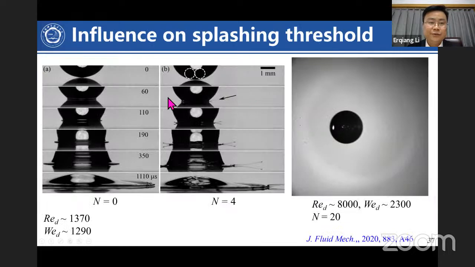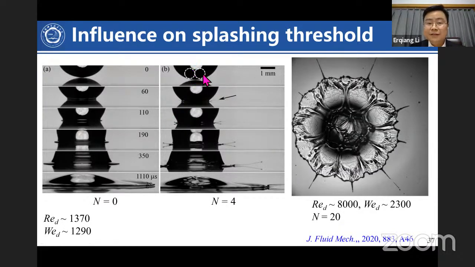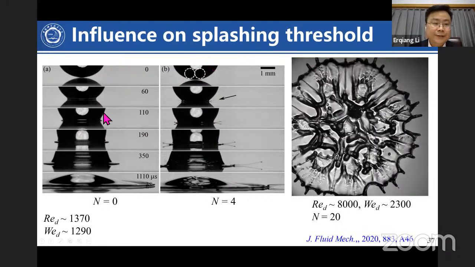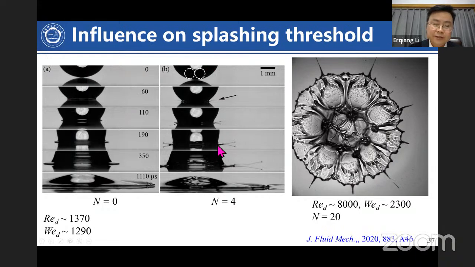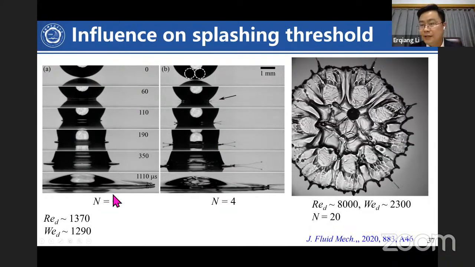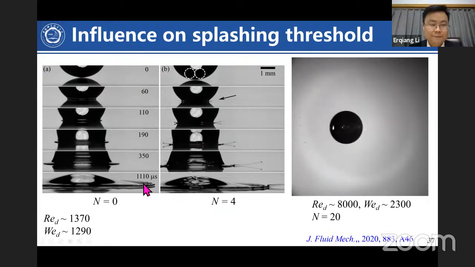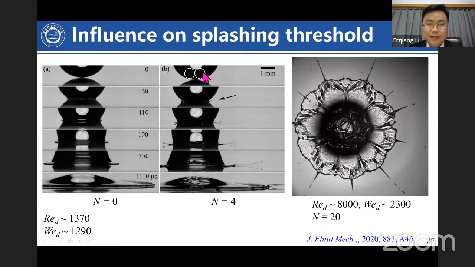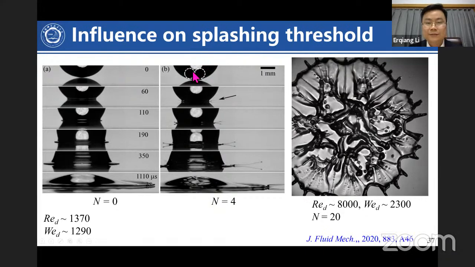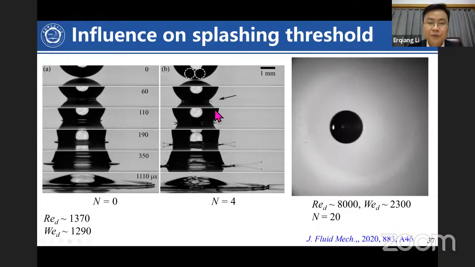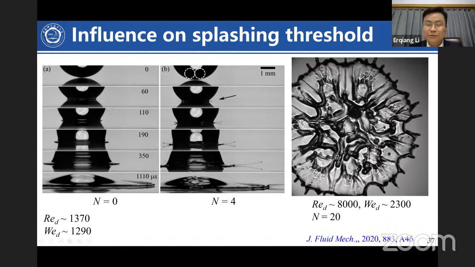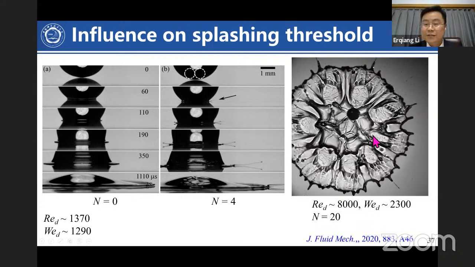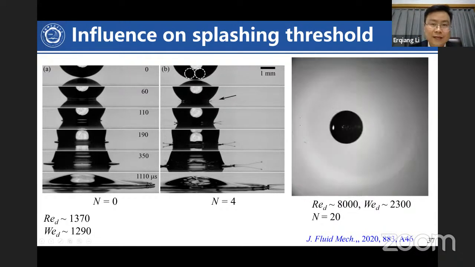Okay, so this picture shows if we have some denser inner droplet inside, it will make splash easier to happen. That means it also has influence on the splash threshold. So this droplet and this droplet have the same velocity, but here n is 0, means it has no inner droplets. We don't see the splash or the jet, right? And this one has 4 droplets. So one is here, and another one should be in this direction. So you have 4, and we change the orientation of the camera so we can see these 2 side jets very well. And this is just to show what it looks like if you have many droplets inside, right?